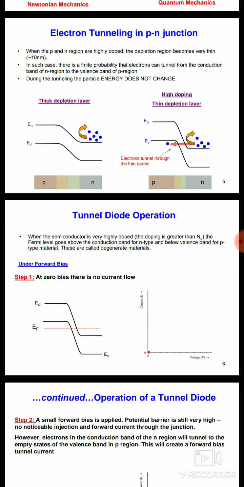In ordinary diodes, the current is produced when the applied voltage is greater than the built-in voltage of the depletion region. But in tunnel diode, a small voltage which is less than the built-in voltage of the depletion region is enough to produce the electric current. So here the electrons directly tunnel from the conduction band of the n-type region to the valence band of the p-type region. Therefore, the electric current is produced in the tunnel diode. This is about the electric current in the tunnel diode, the symbol of the tunnel diode, and the brief introduction of the tunnel diode.